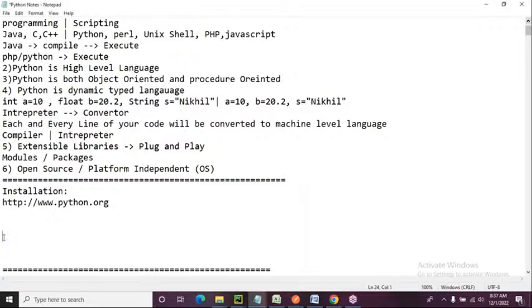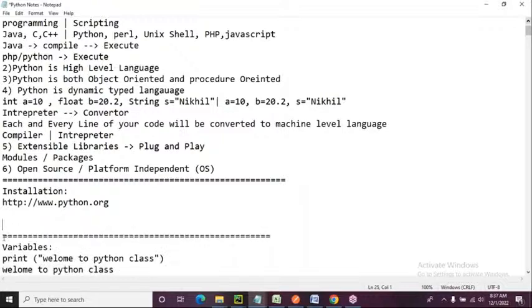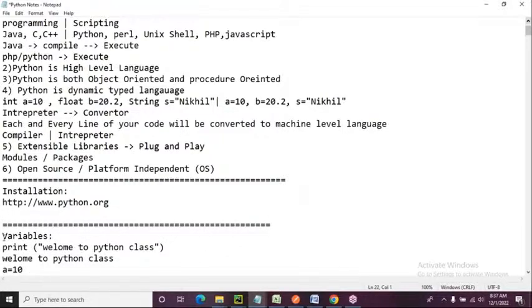You understood, right? So in Python, what you need to understand is that Python is dynamically typed, because you're not providing the type pre-declared, so that's why you're dynamically typing it. That means it is a dynamic type language. Very important. And the fifth point, extensible libraries. This is very important that everyone should understand. Python has